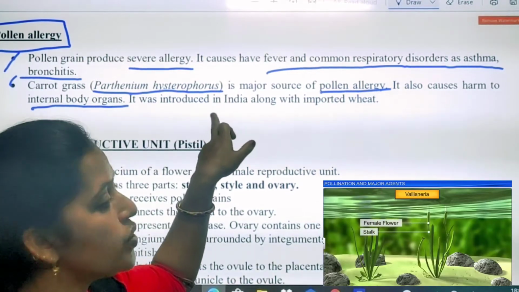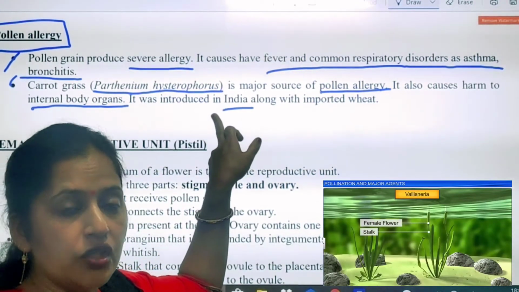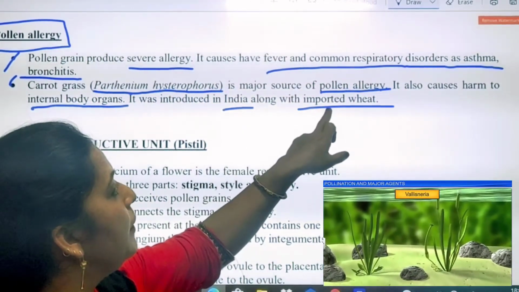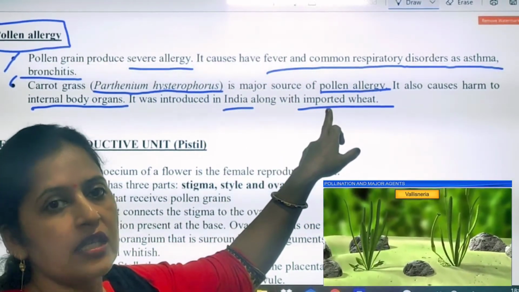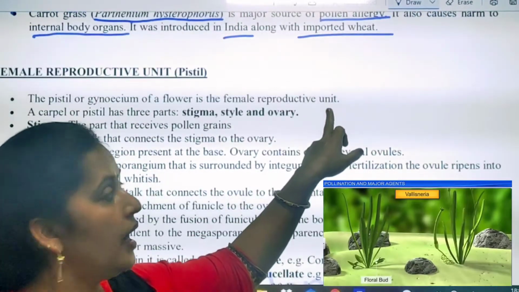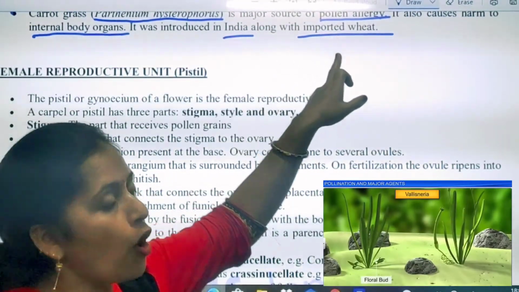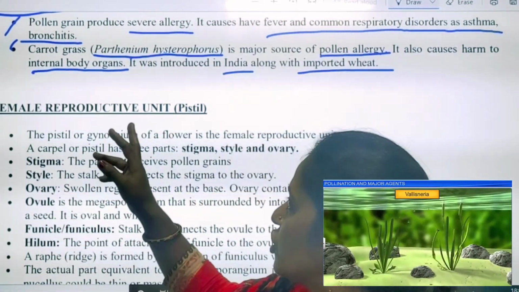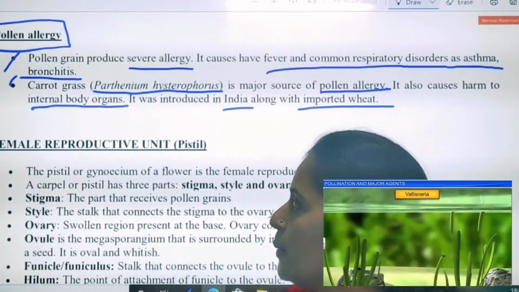It was introduced in India. ये introduced कब हुआ था इंडिया में? Along with the imported wheat. That means it is introduced in India with the imported wheat. So this is all about the pollen allergy, and next the important